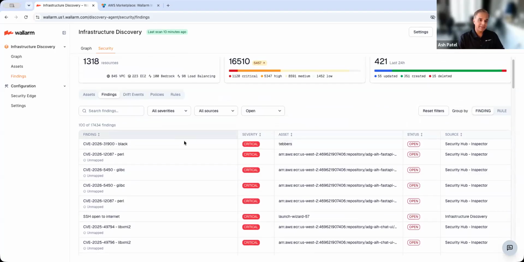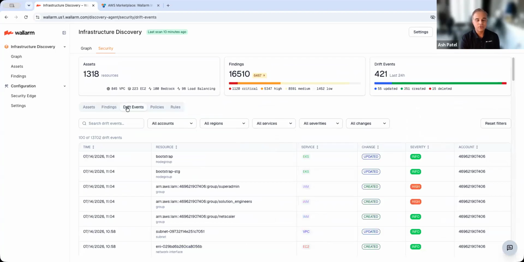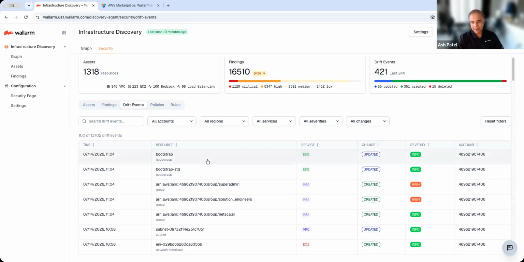And to round things out here, we looked at assets, we looked at rules, we looked at policies. And then the last one here is the drift events. So really having a complete view of the CRUD, right? The create, the update, and the delete activities in your AWS estate. Let's drill down into one and see what was updated. We can see here that this bootstrap script looked like it was updated and it was modified